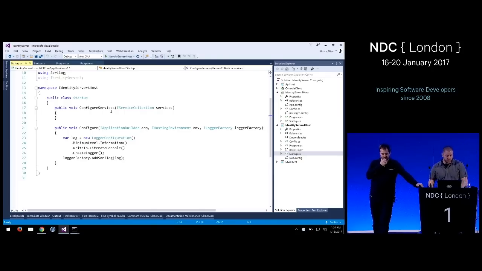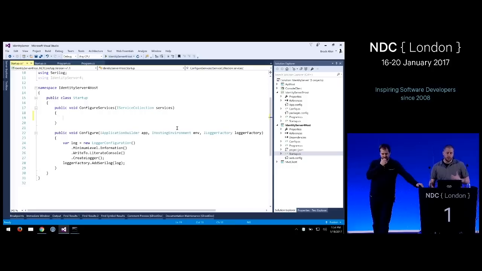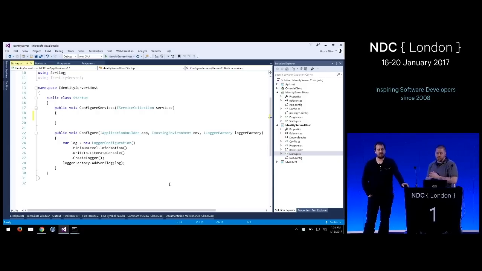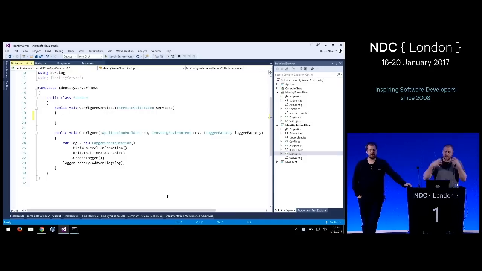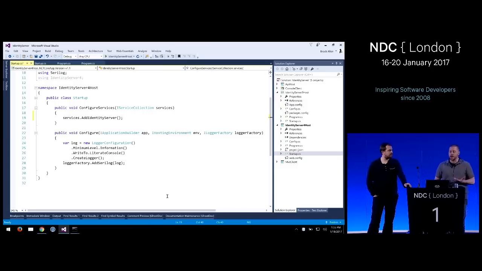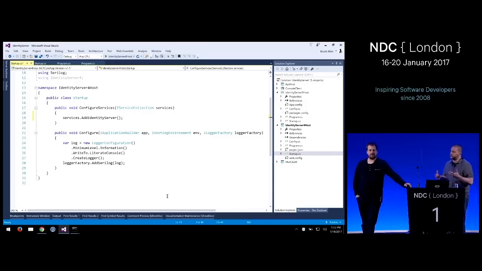So basically the first thing we do here is, to talk to the new method here, there's a new method called ConfigureServices, and this gives you basically the container that you're going to register any of your services in. And so this is where you register things for DI. So as is the pattern, we have an AddIdentityServer extension method off of the service collection, and it is to this one line of code that puts in all of the necessary services that we need